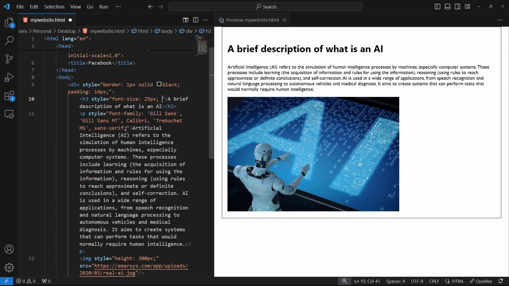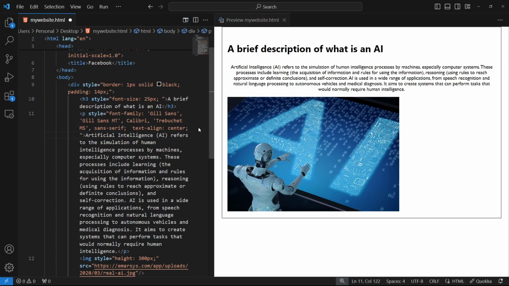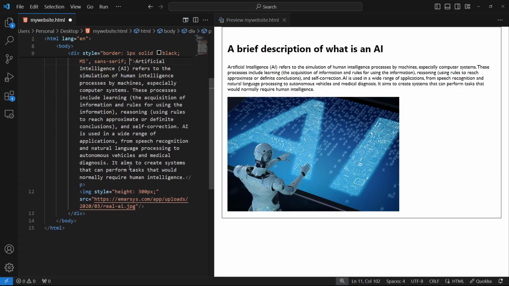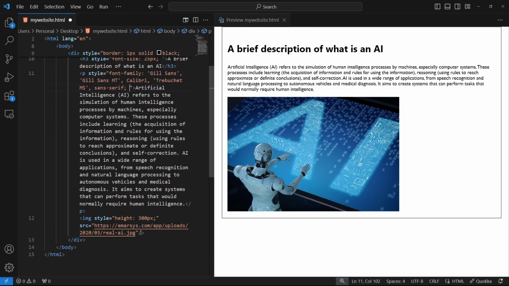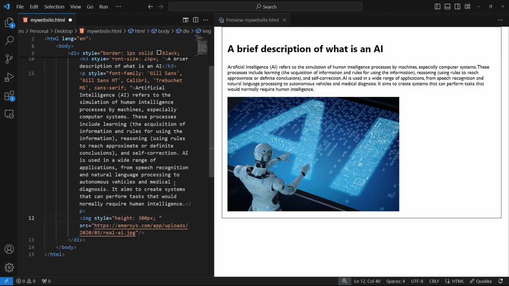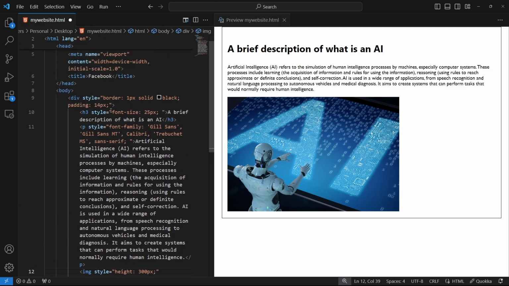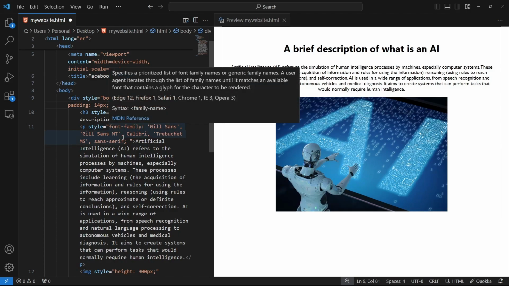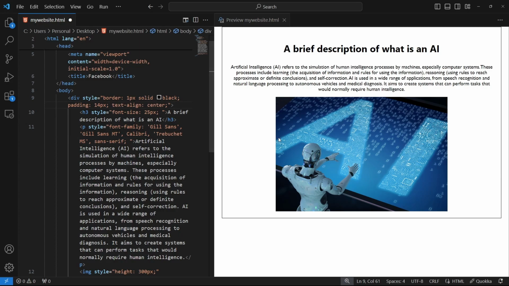Tapos, try natin i-add sa paragraph natin, ganun din mangyayari. At saka sa image natin, ganun din mangyayari. Yeah. Oh, it's not working on the image side because it's not a text. So what I want is to put all in the center.